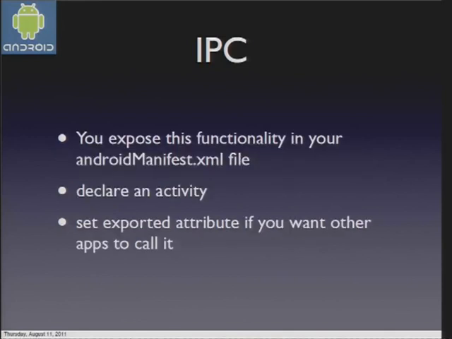But it's kind of interesting because you define these entry points in what's called the Android manifest XML file. And the way it works is you declare what's called an activity. So you have an application tag, and inside it you define your activity, and you point to this particular activity I want to do in this particular Java file. Now you're supposed to set an exported attribute on this activity tag. And that basically says, is it exported or not? Except it's not